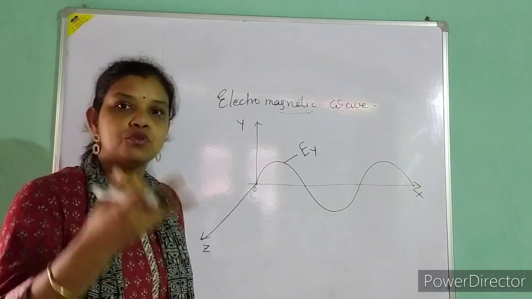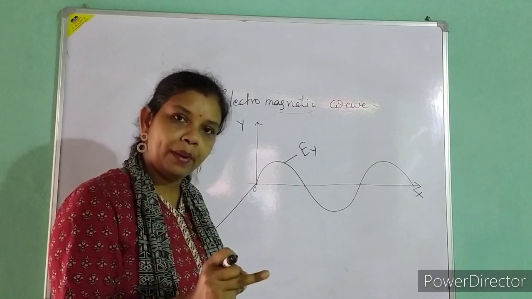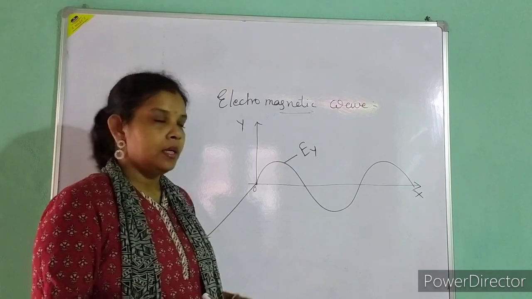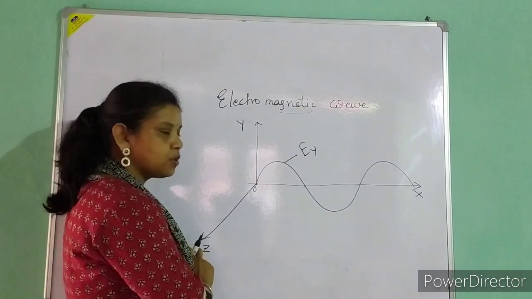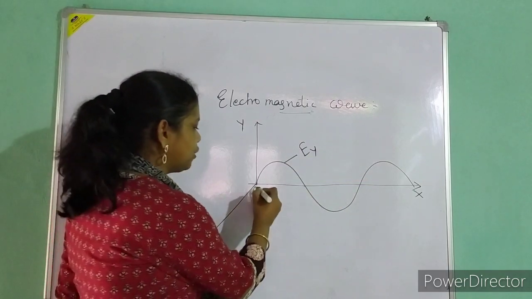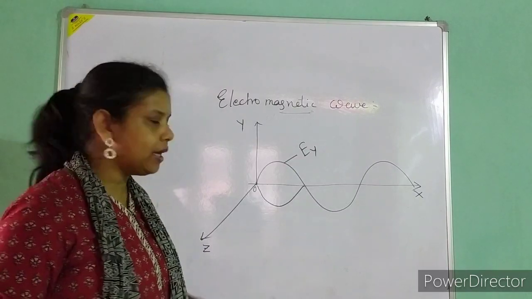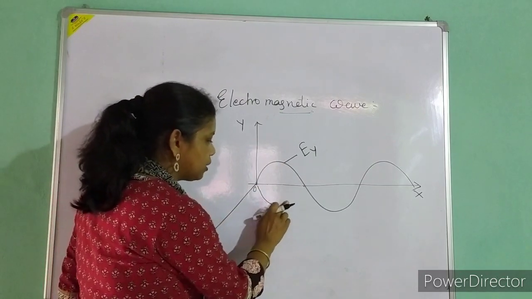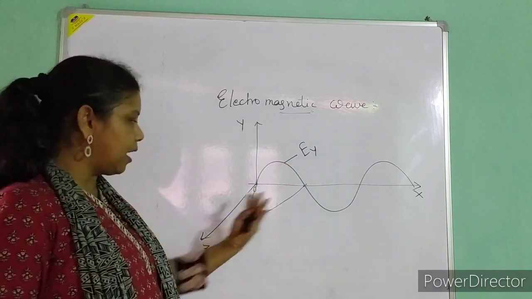Okay. Now I have to draw the magnetic field also. I told you electric field and magnetic field are mutually perpendicular, and in turn they are also perpendicular to the direction of propagation. Done? So already I said that B should be along the z-axis. The z-axis is this one, but z should be coming out of the paper. If I draw like this, does it mean that it is changing along the z-axis? No. Why? If I draw like this, it looks like I am drawing perpendicular. So you cannot draw in this way. You have to draw a little bit curved like this, meaning it is coming out in this way.